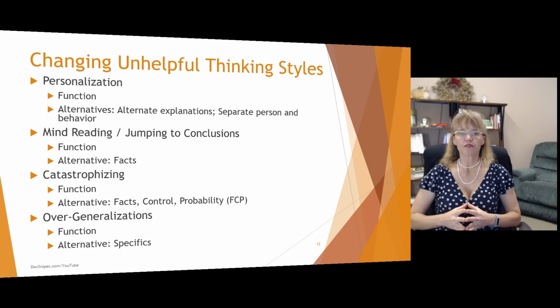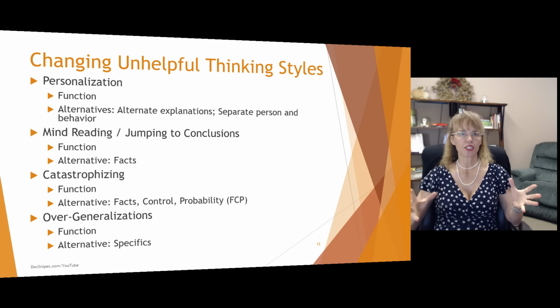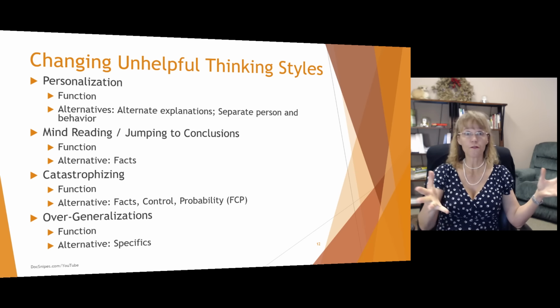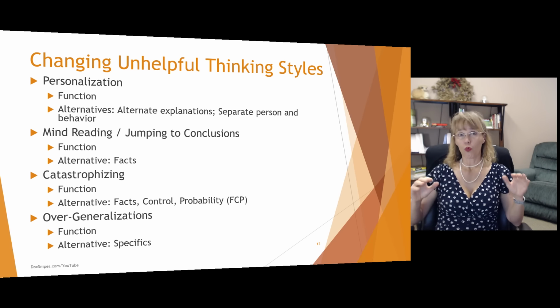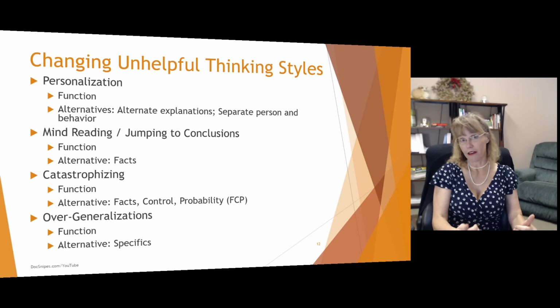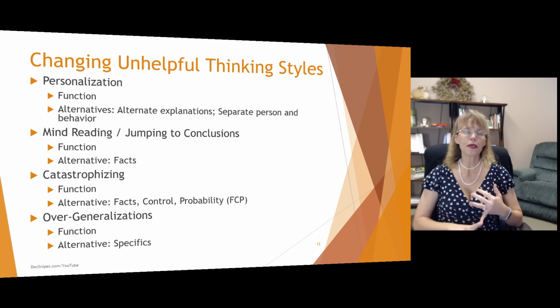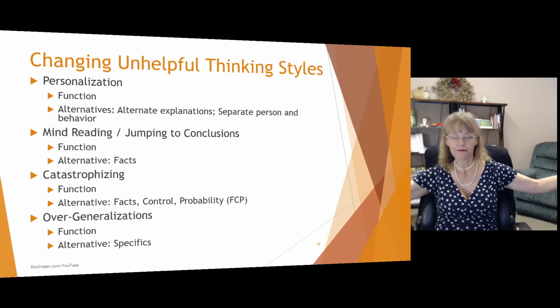How do we respond to overgeneralizations? Specifics. If somebody says, all people always leave, let's find some exceptions to that. And yes, some people have left. Some people have willfully left. Some people have died. What are the specifics in each situation? Are there exceptions in your life? Are there exceptions in other people's lives? If you're saying that all people always leave, then that would indicate that there is no stability in anybody's relationships anywhere.